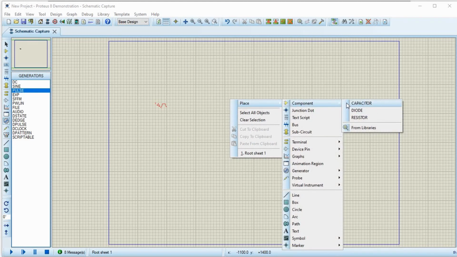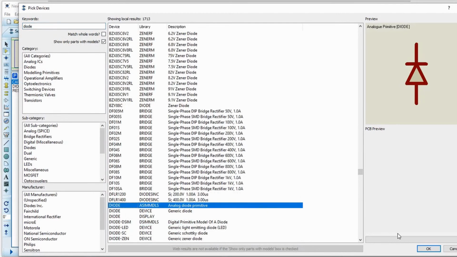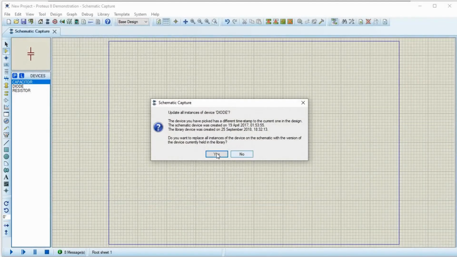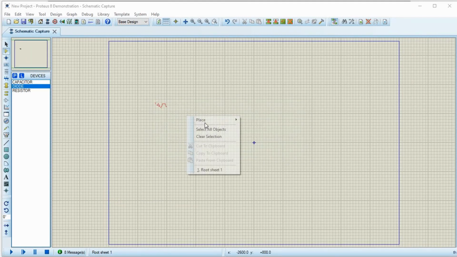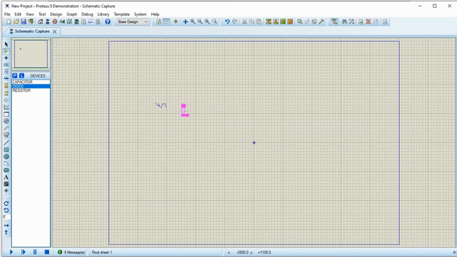Let's place a diode. I'll place a freewheeling diode also.